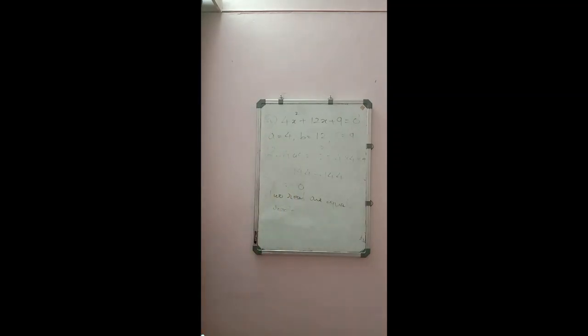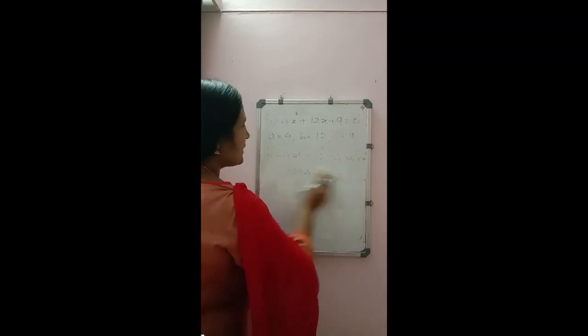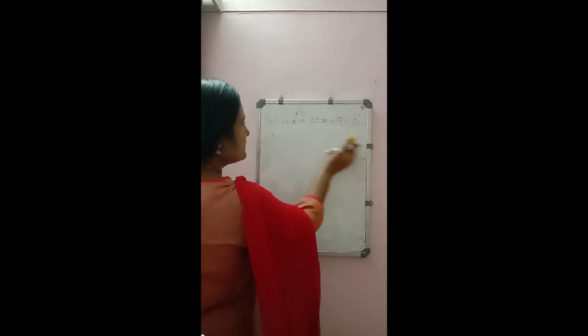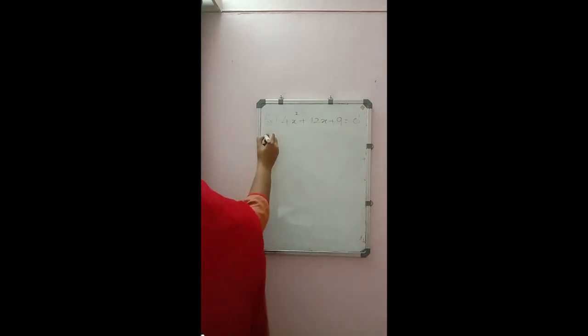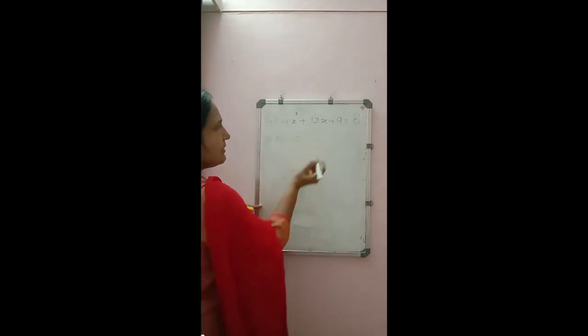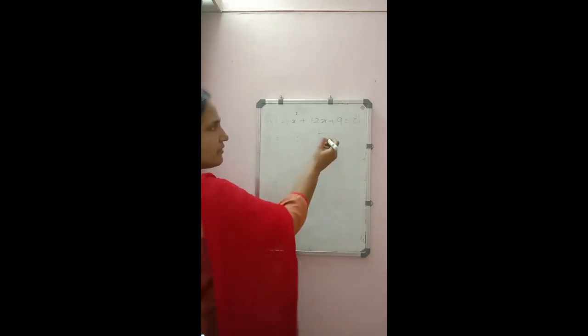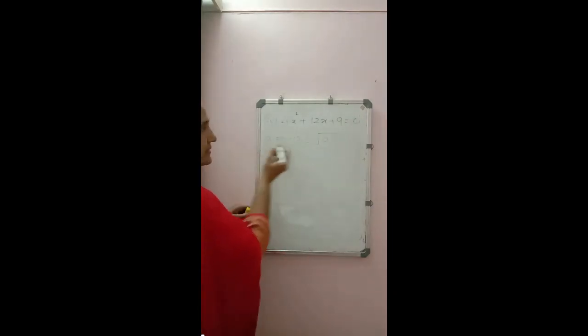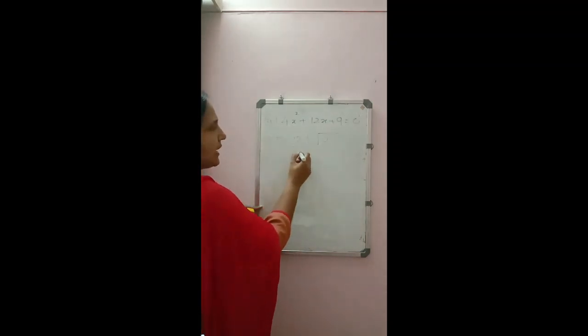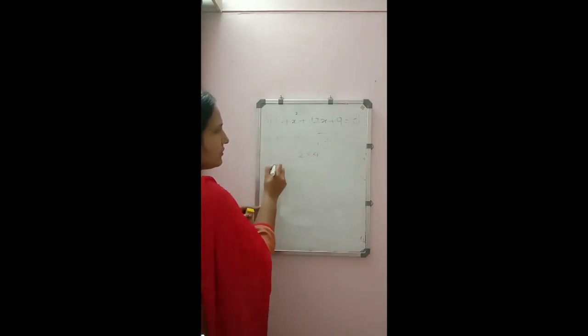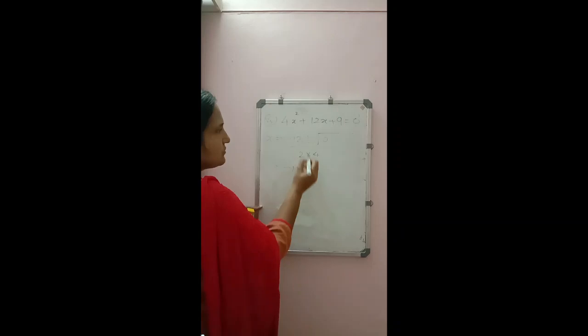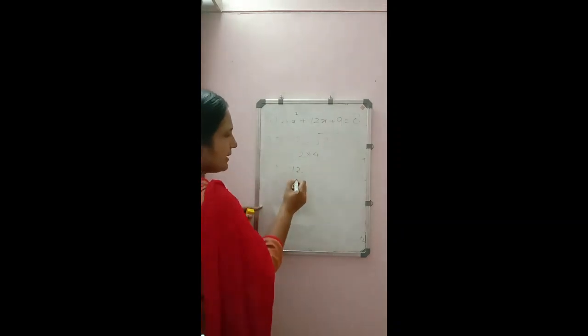So in this case we have to find out the roots there. So we can solve the equation now. We got the value b square minus 4ac as 0. So I am solving the equation x is equal to minus b, in place of b we have 12, minus 12 plus or minus square root of b square minus 4ac, that is 0, by 2a. So 2 into 4. So I am getting minus 12 plus or minus 0 divided by 8.